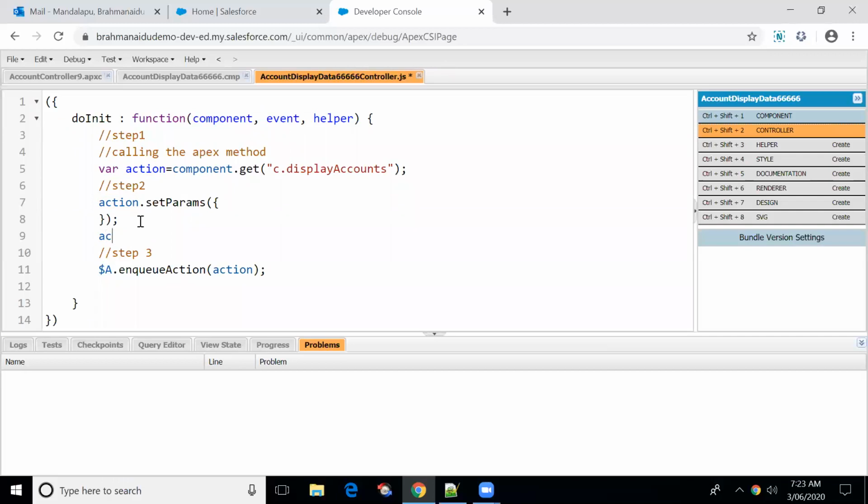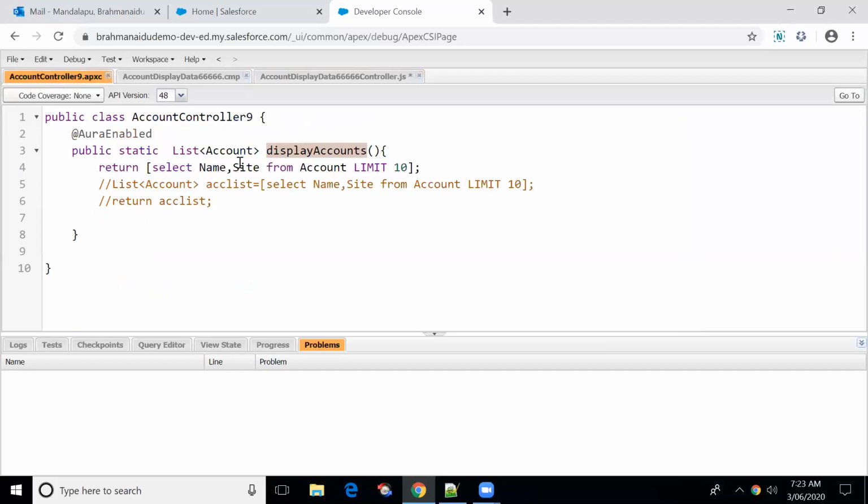Okay, and the fourth step would be we have to write the callback method. Why do we have to go with a callback method? In Lightning we have to go with a callback method. If we don't use it, then we'll not be able to display the data. From the callback, we'll be getting the data and then we'll be setting it to the attribute. With the help of the attribute, we'll be displaying the data in the component. But the data we have to set in the JavaScript. We will not be able to refer to the Apex property directly in the Lightning component.